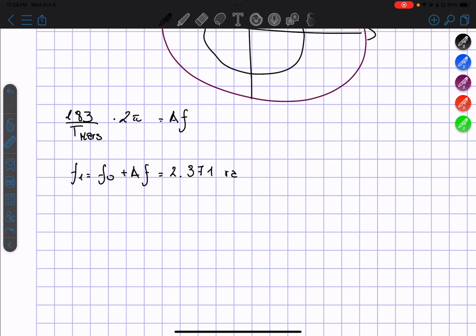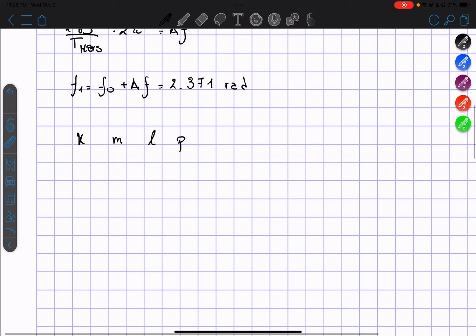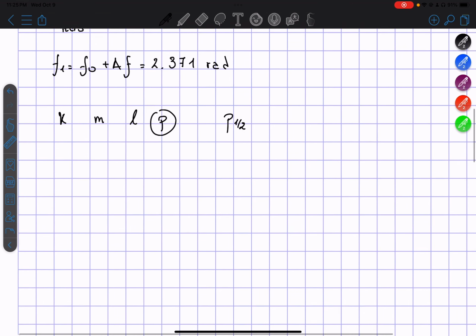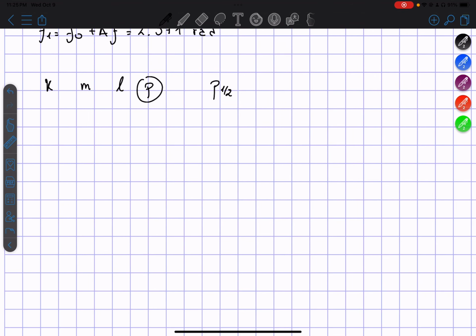Okay, this ends up being 2.371 radians. Now, in order to do a Lambert's problem, I need, of course, to find the k, m, l, and p, little l, from what I have. Now, it turns out that p has two values. It can either be plus or minus. In order to find out whether we're in the plus or minus, we need to calculate plus or minuses for both our a max. Oh, by the way, a minimum is simply going to be the